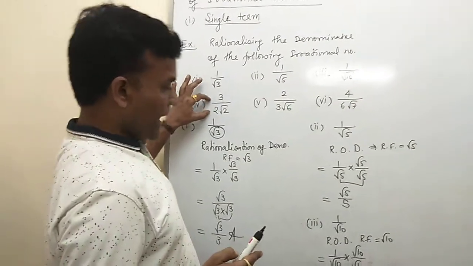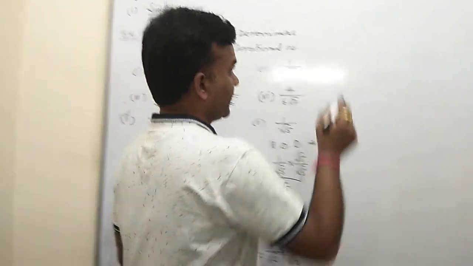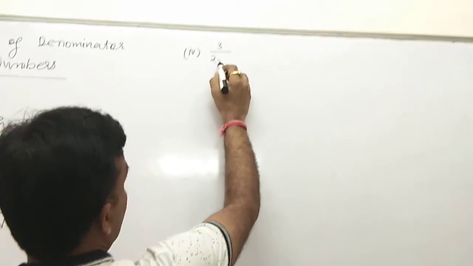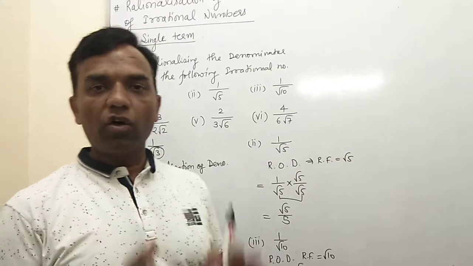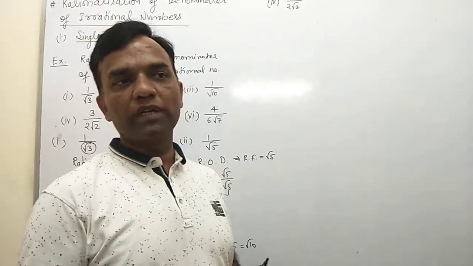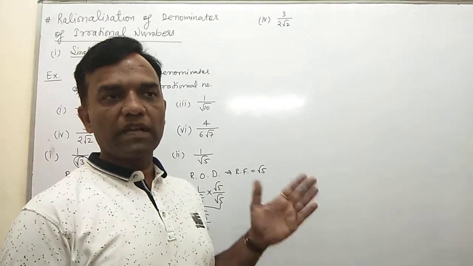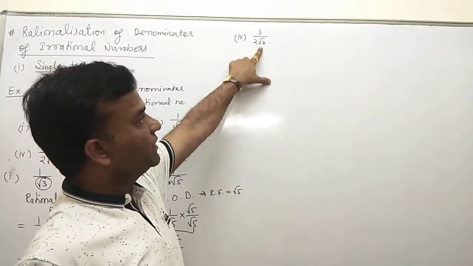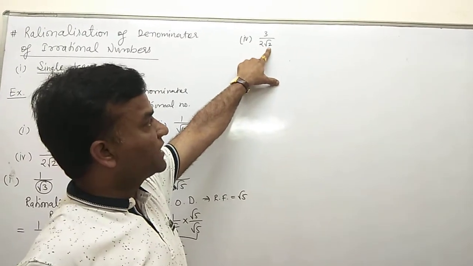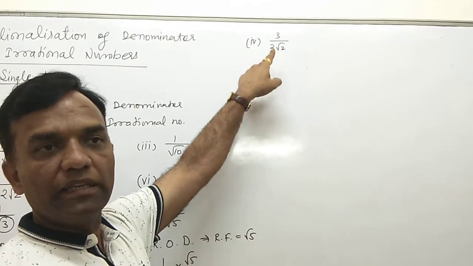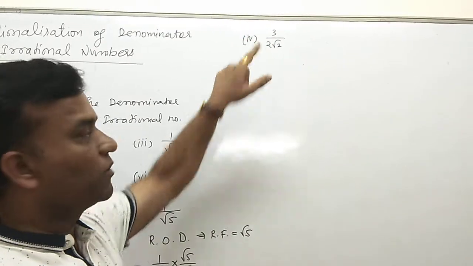And now we have a different category of questions, like 4. You have 3 by 2 root 2. Now one thing is important. For rationalization you always take a square root term. Irrational numbers you always rationalize, not rational numbers, because a rational number you do not convert; you put it as it is. But here only one irrational number is given, like root 2. So use the concept of rationalization in which you use only the irrational number, like root 2.